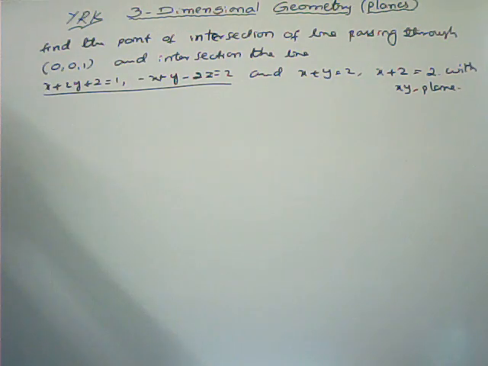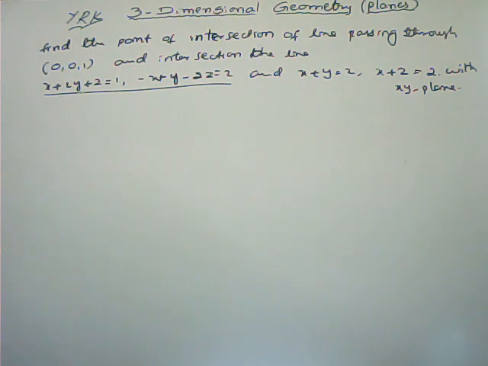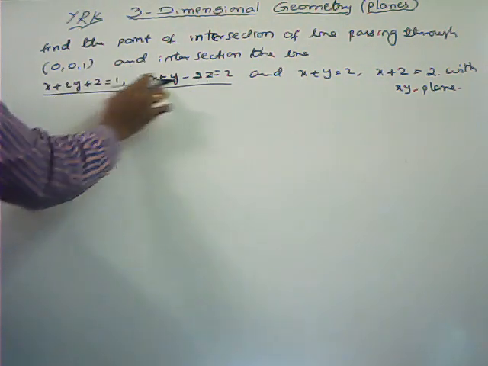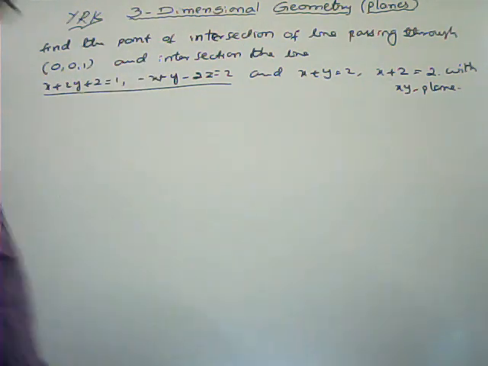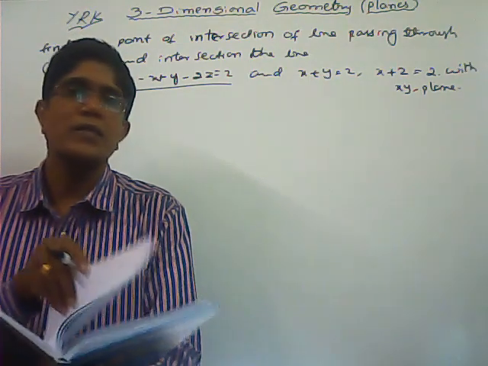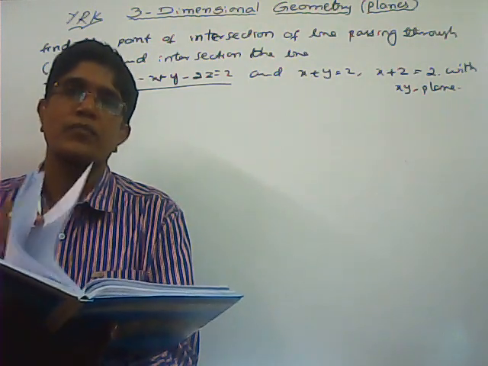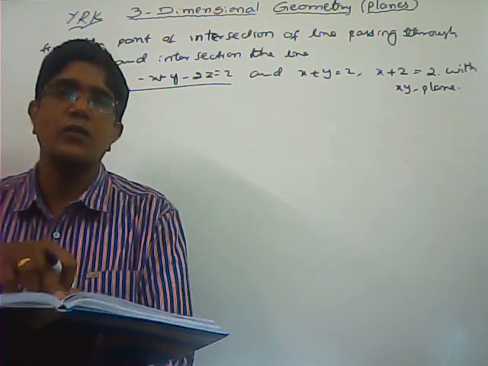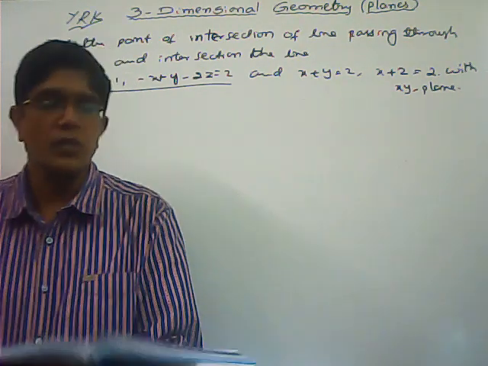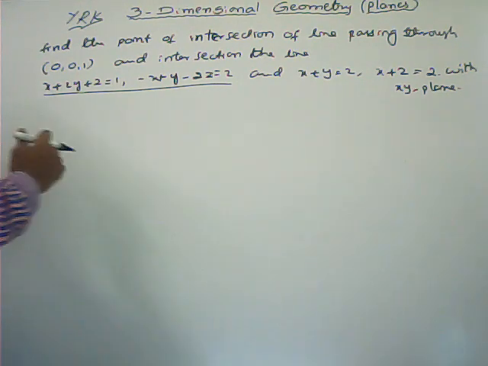So here what I am doing is finding the equation of the plane. Find the equation of any plane that passes through the line of intersection of two given planes. Here it is a family of planes only. Two planes are given, as I already showed you previously. All these planes pass through the line of intersection of the given two planes. So the family of planes is the equation of any plane passing through the line of intersection of given two planes.